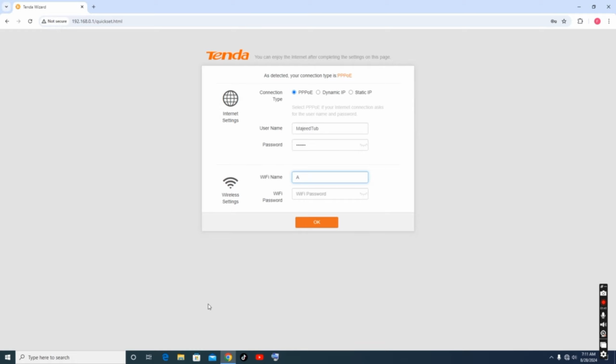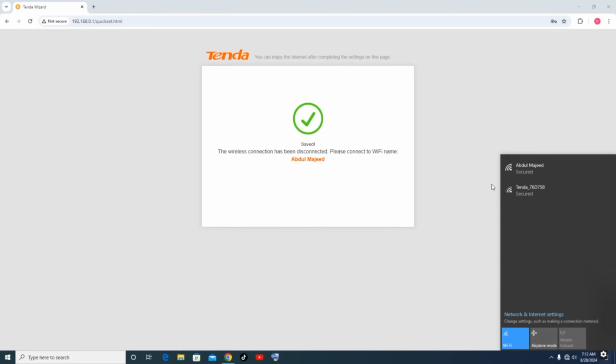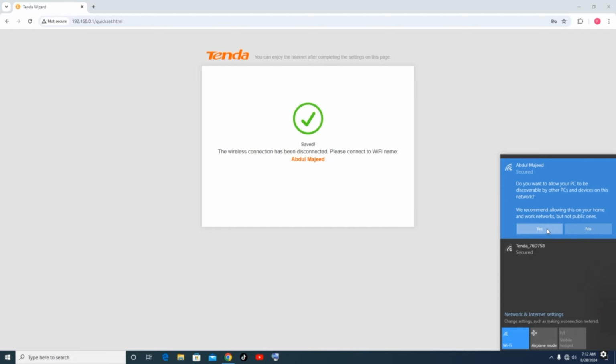In this setting, we enter the Wi-Fi name and Wi-Fi password, which you have to put as your own Wi-Fi name and password. After entering the name and password, click on the OK option below and complete the settings. After completing the setting, we get the Wi-Fi option to connect Wi-Fi with the computer or mobile. After connecting, open the web browser again and search the IP address